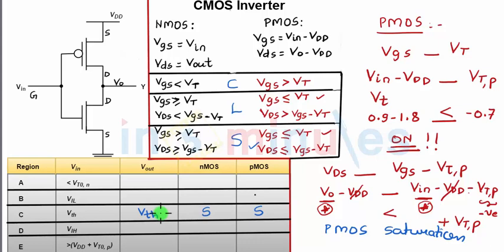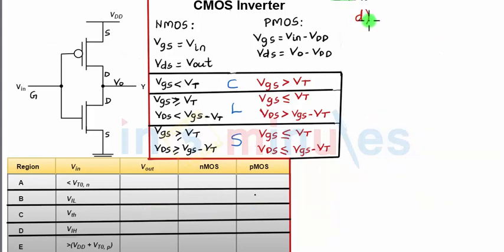Now let's go to our region D and identify the region of operation for my NMOS and PMOS. So in region D, my input is equal to VIH, which means input is high. If input is high, my output is going to be low. Let's start with NMOS transistor first and identify